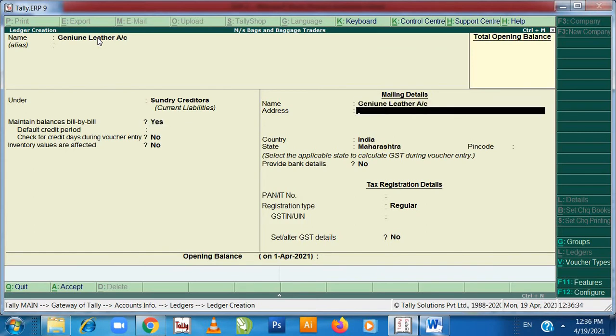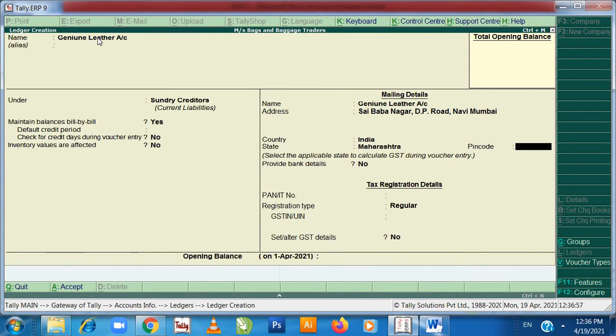Address of genuine leather is Sai Baba Nagar, then D.P. Road, Navi Mumbai, Maharashtra.